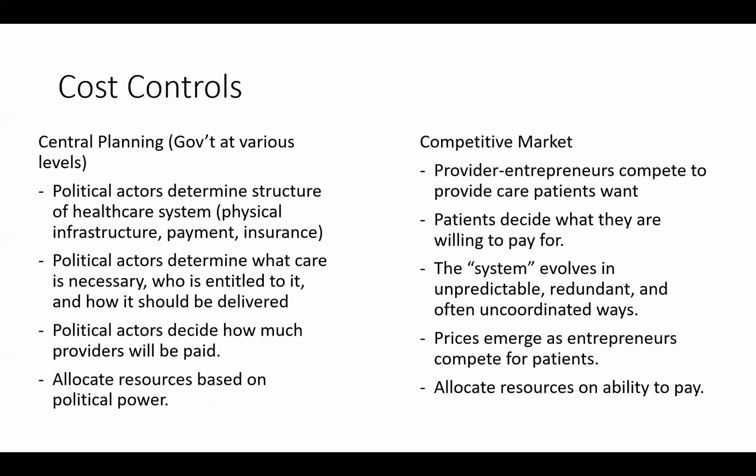So what happens in the National Health Service in a place like Great Britain, the extreme other side, where everything is done by the government? Well, the government decides everything. So political actors decide the structure of the healthcare, right? So we're back to the Donabedian model: structure, process, outcomes. You elect some representatives, and they make decisions about where we're going to put a hospital, where we're going to put doctors, how much we're going to pay for it, and so forth.